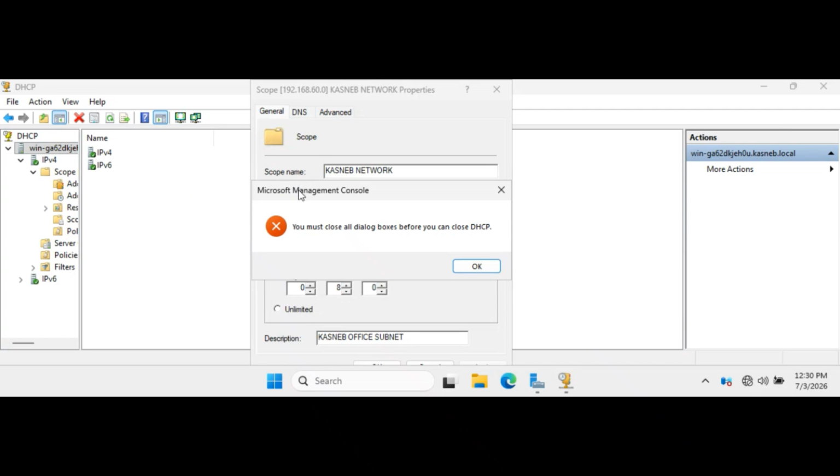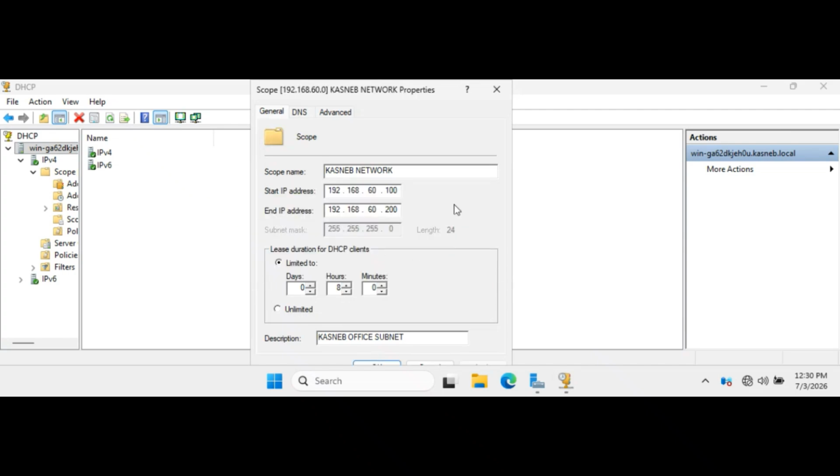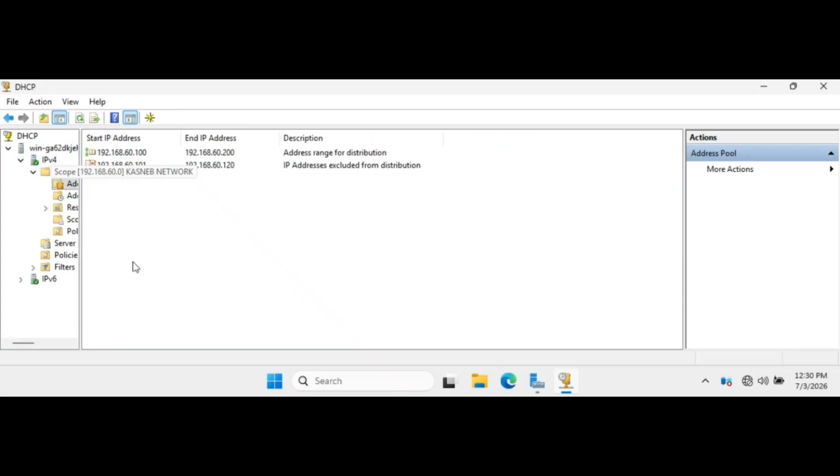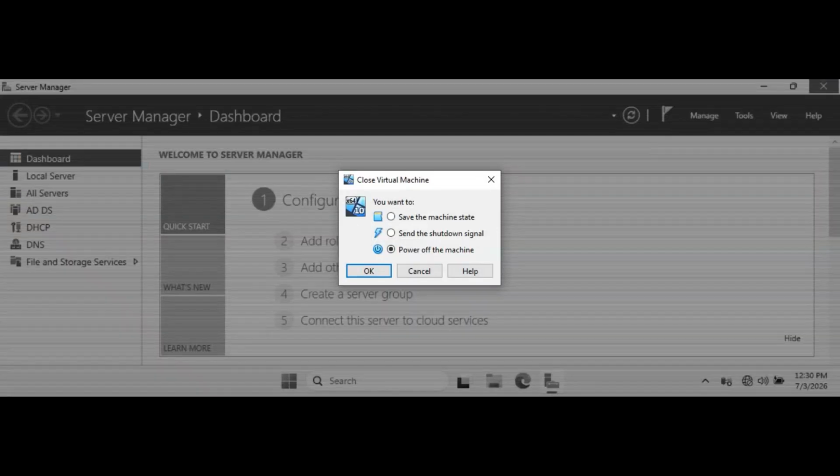Back up the DHCP database. The DHCP service automatically backs up its database every 60 minutes, but manual backups are recommended before making major changes or migrating to new hardware. In the DHCP console,